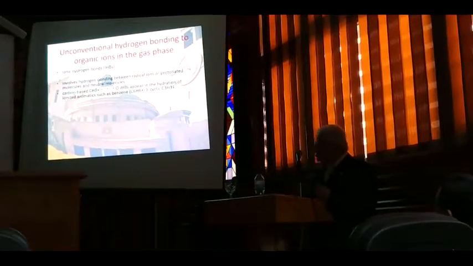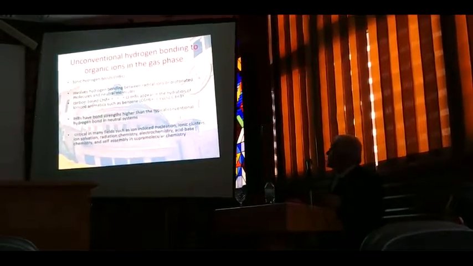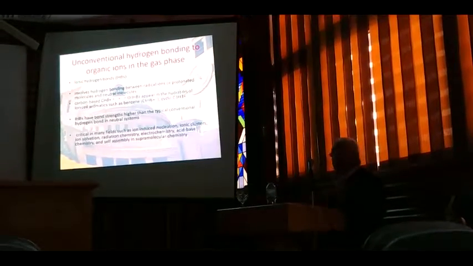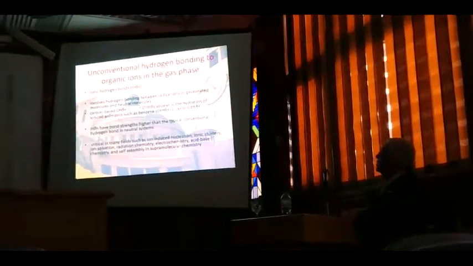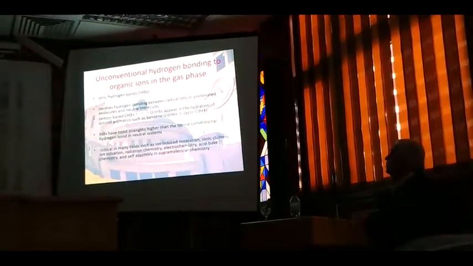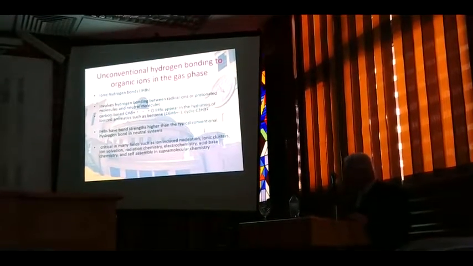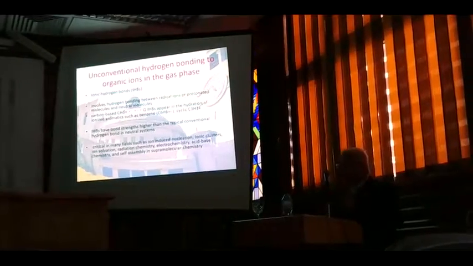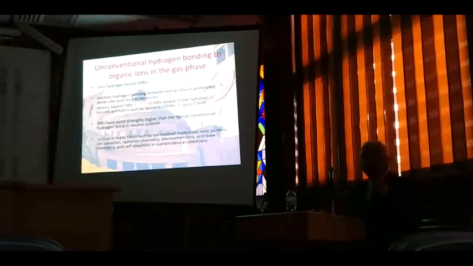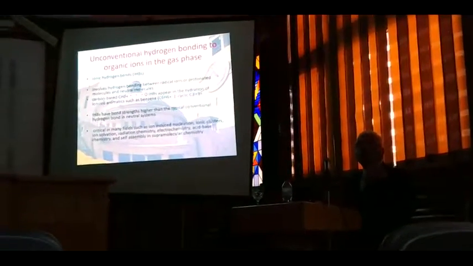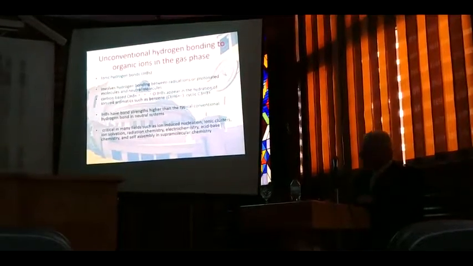It may reach 35 kilocalories per mole in strength, and it is critical in many fields, especially in biology, but even in chemistry: ionic clusters, radiation chemistry, and ion cell observation are areas that depend on this kind of hydrogen bond. Why did we go to this area? Because theory here is very weak when we are talking about non-covalent bonds. You have to be critical in the choice of your model.